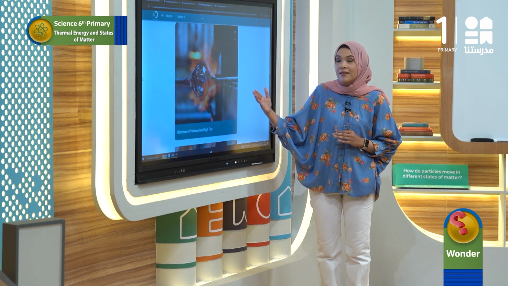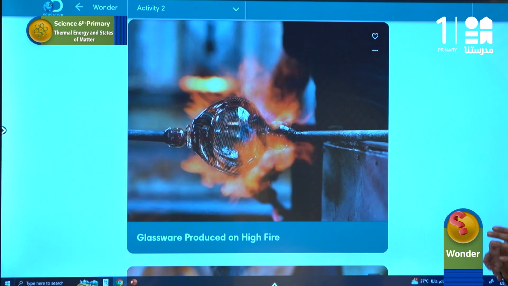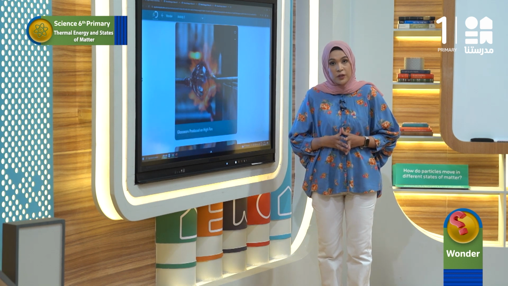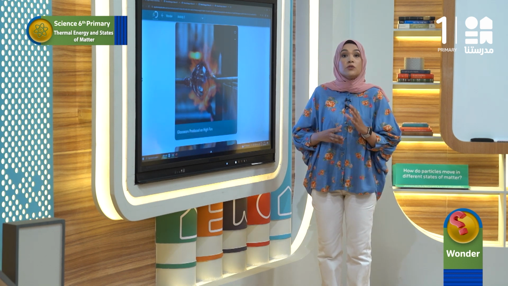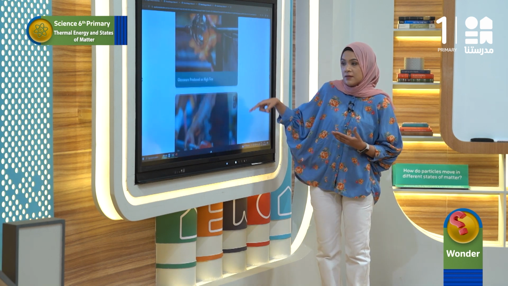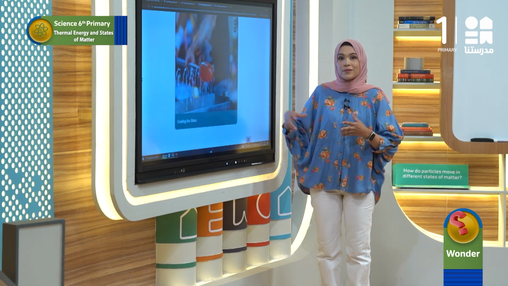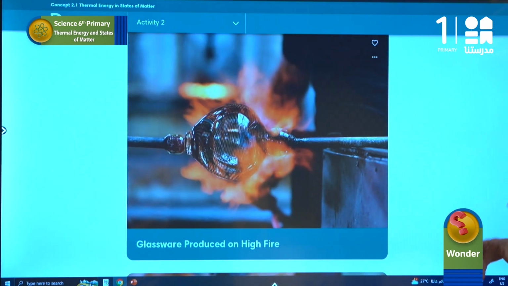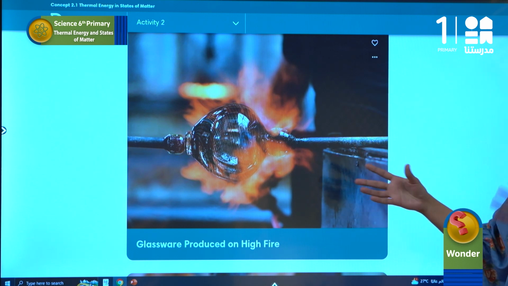It looks like liquid. The heat effect on forming glass is very clear. This change in state allows the glass to be shaped more easily than when it's frozen at a lower temperature. Of course, it will be impossible to change the shape of glass when it's in the solid state. So, as we saw here in the two pictures, manufacturing of glass depends on changing glass from one state to another.